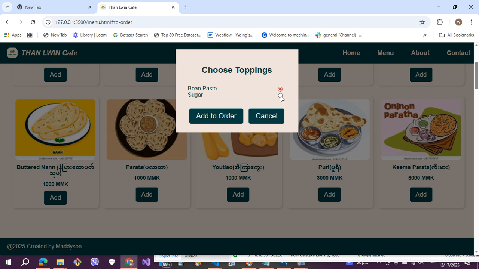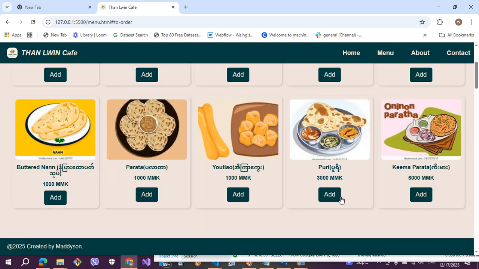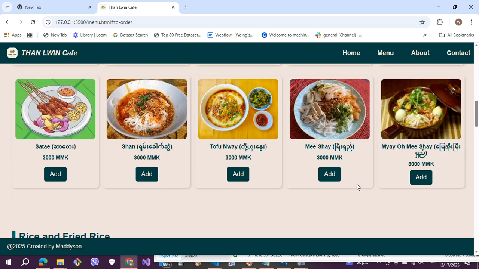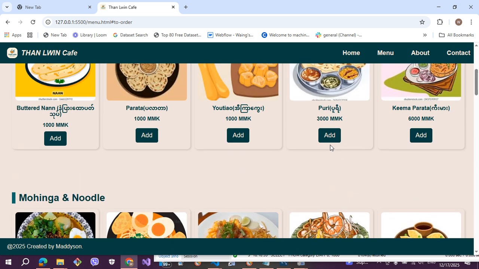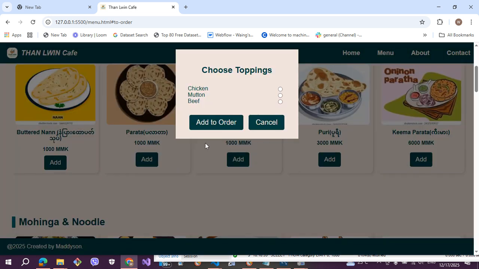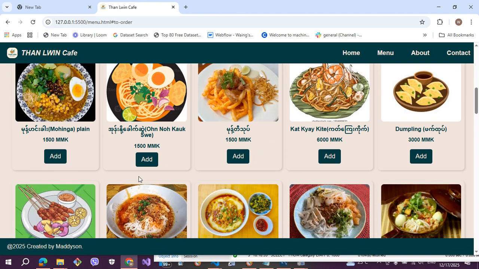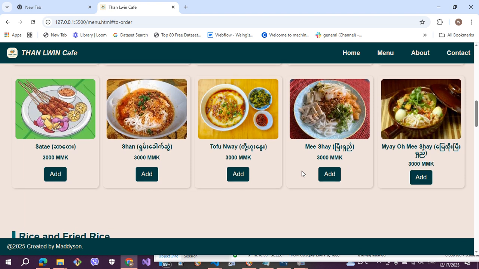So if so, you can choose sugar. Some items do not have options, so the option bar will not appear. When you press keema, the options are chicken, mutton, and beef, so it will appear according to the category.